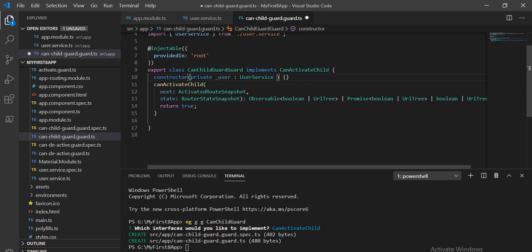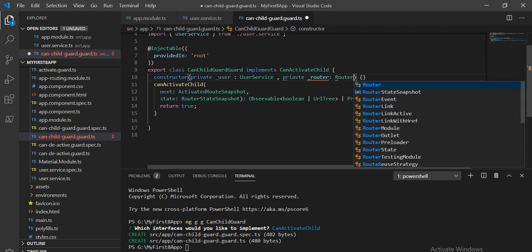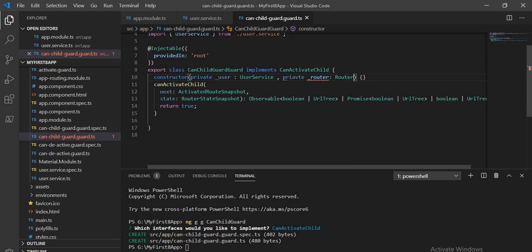Next I am going to take another variable for the router, for when the user is authorized or not authorized, to decide which page we navigate to. I am going to take a router variable name, and the type of this is Router. So that is the first thing.